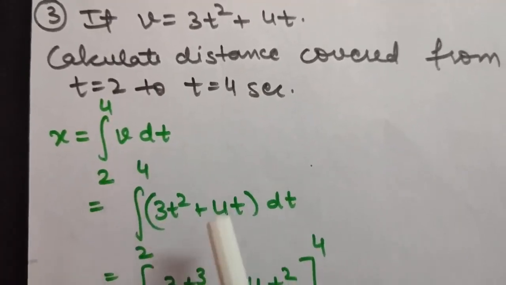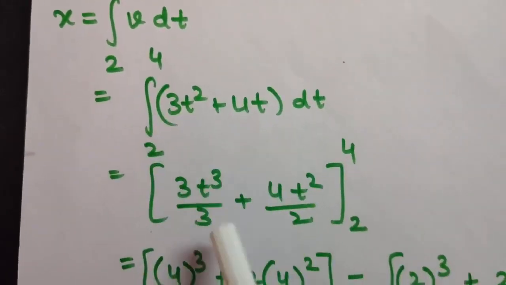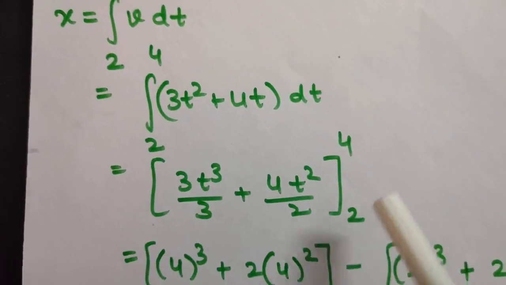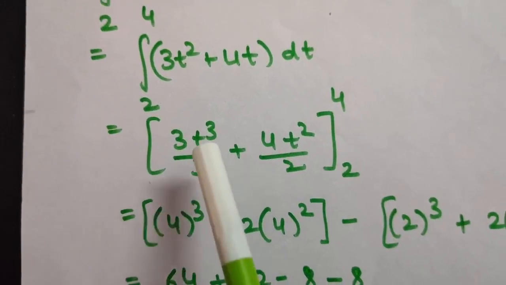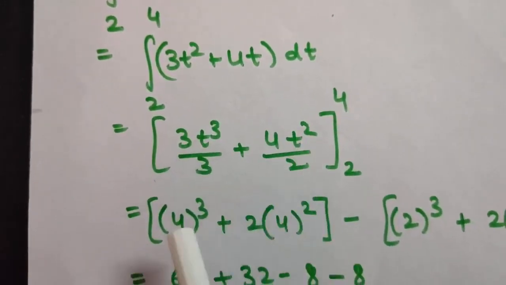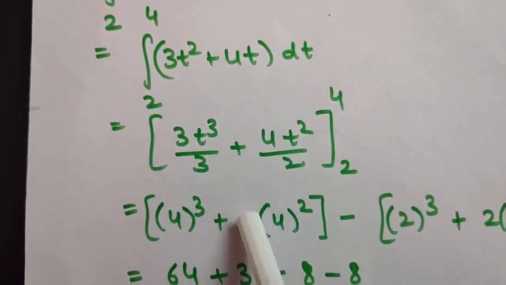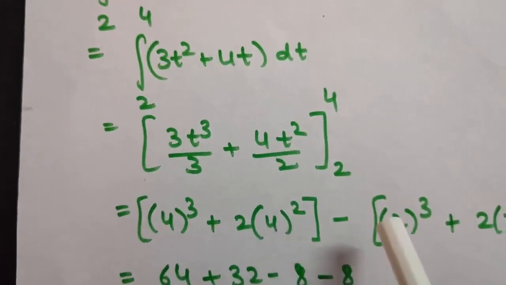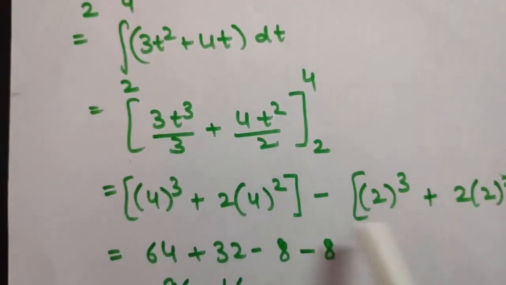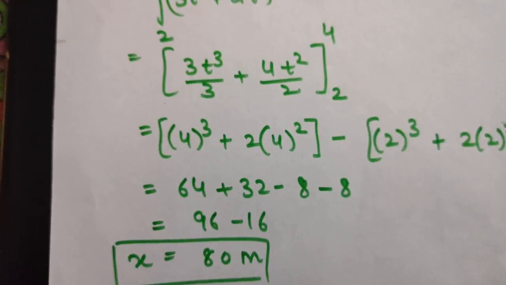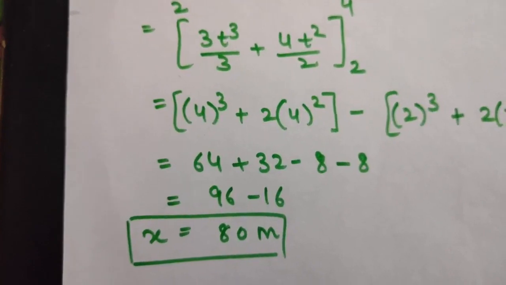Now again just put the formula of v. v is 3t square plus 4t dt. Just integrate it. I hope you will be able to do the integration now. And 2 to 4. Now how to put these limits? As I told you, upper limit minus lower limit. So first of all, we'll put 4 instead of t. So see, 3 will cancel out, so 4 to the power 3 plus, it will become 2 and 4 to the power 2. So this is the upper limit minus now the lower limit. So now instead of t, put 2. I have just put 2, solve it, you will get 80 meters. So if limits are given to you, then you will put the limits in the integration and then solve it.